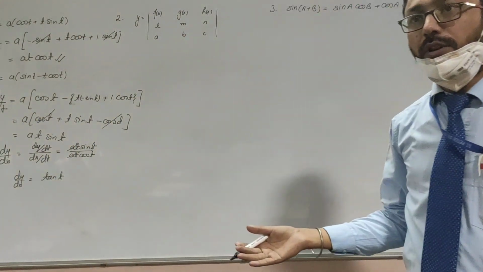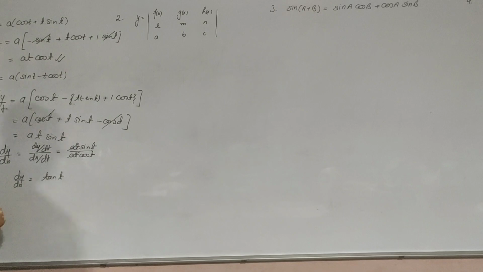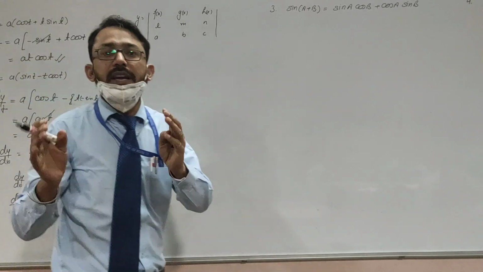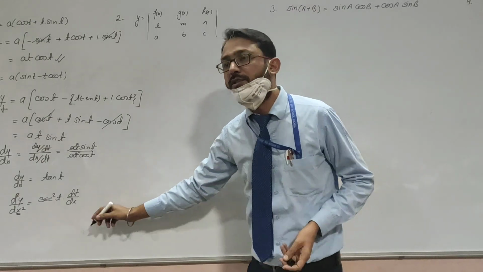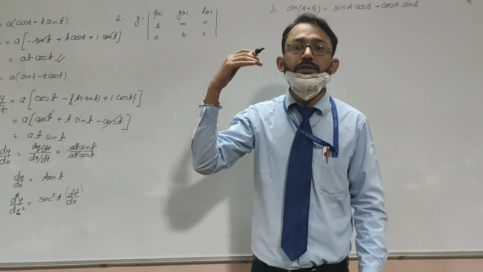They might also ask us to find the second derivative of this. If the second derivative is needed, there is nothing tough. This will be d2y on dx square, that is the differentiation of tan, which is sec square t, but we are differentiating with respect to x. So further it will be dt upon dx. At the time of boards, what we mainly find while correcting the copies is that students make this mistake. They don't write this step, and because of that they lose some marks.